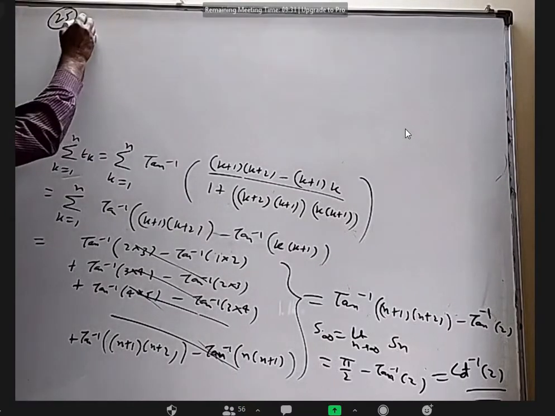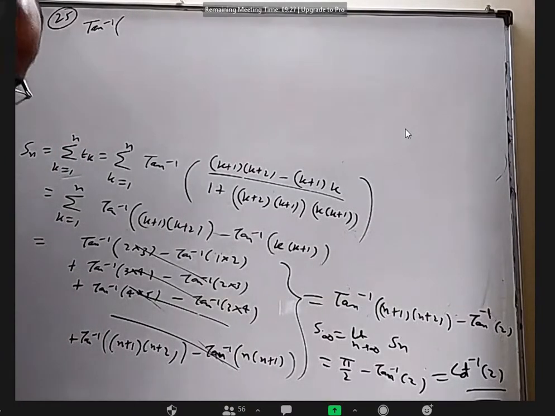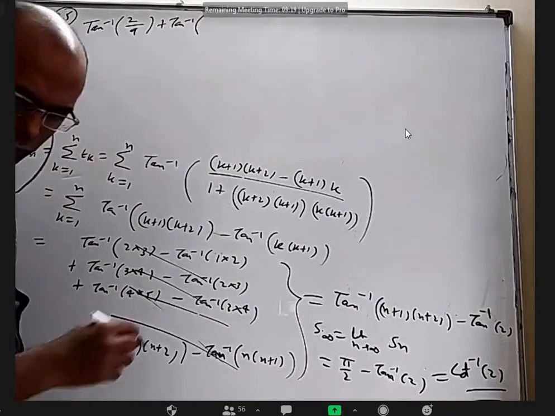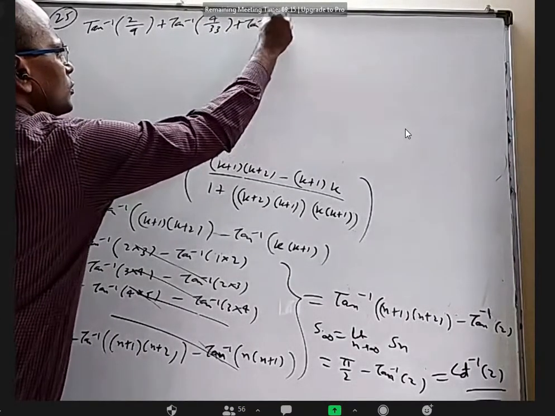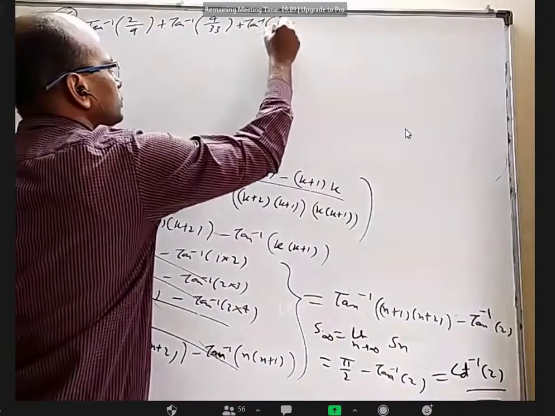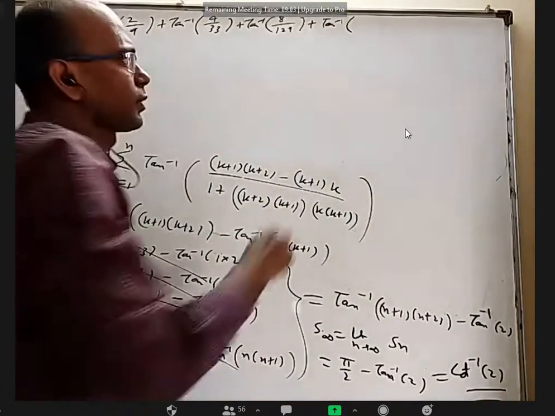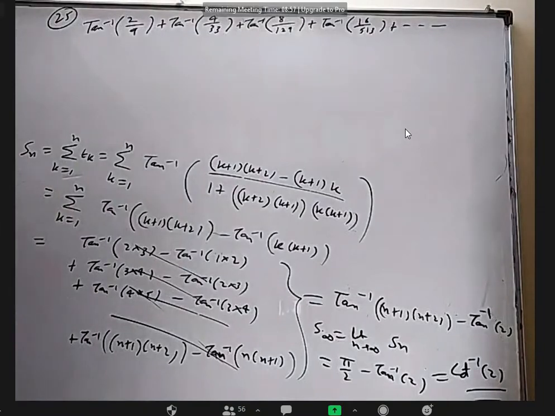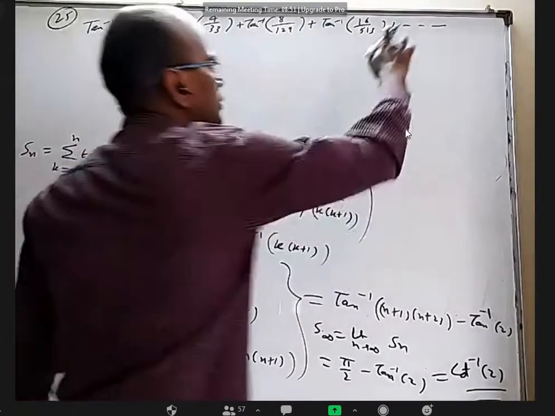Completed. Okay. This they gave in terms of cot inverse, but I am taking reciprocals in terms of tan. So tan inverse 2 by 9 plus tan inverse 4 by 33 plus tan inverse 8 by 129 plus tan inverse 16 by 513. Okay. So if you look at 2, 4, 8, 16, I even gave 32. I did not write it. So let me write.